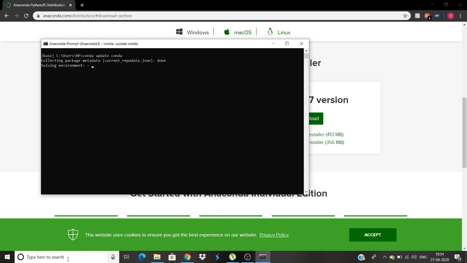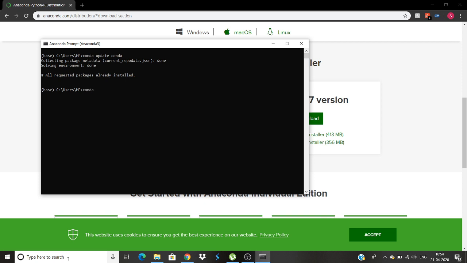So it is collecting the package, it is even solving the environment. For me it is saying that all the requested packages are already installed. For you, if it's not installed, there will be an option of yes or no, then just click Y and press enter.